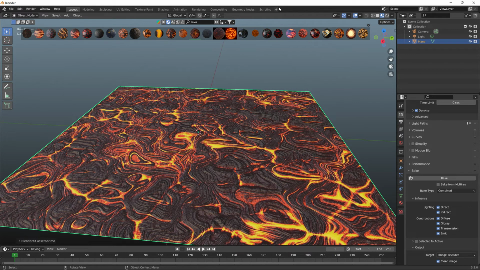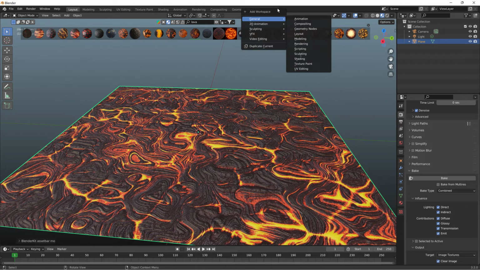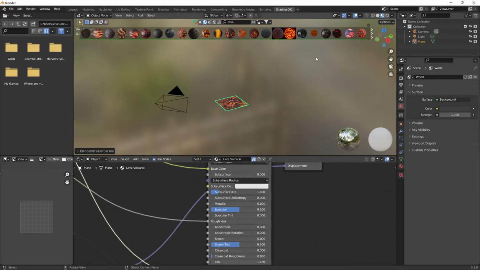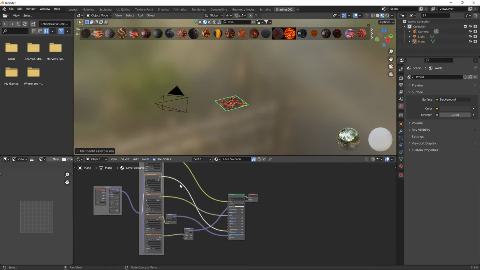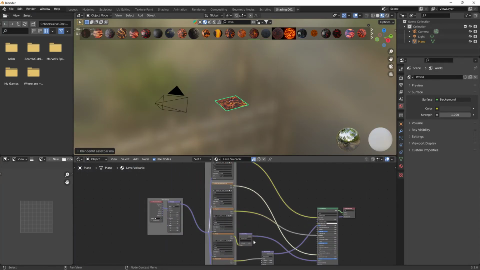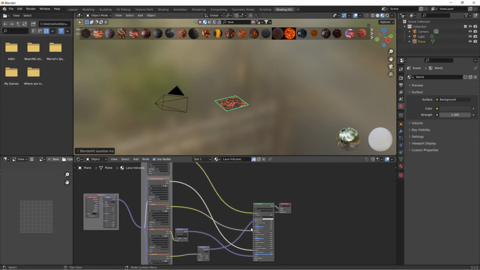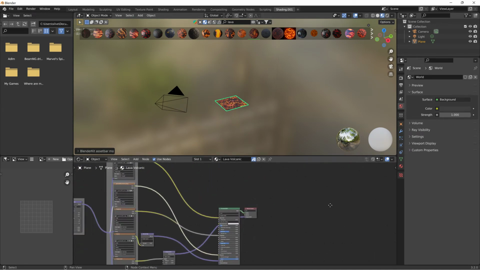So to get to an easier view for baking, go to shading up here. If you don't see it, it's in here. There's this little plus thing, and it's under general. You can get to it that way too. What you'll see when this loads is all the procedural stuff that went into making the texture. You don't have to worry about any of that. You just move this out of the way,